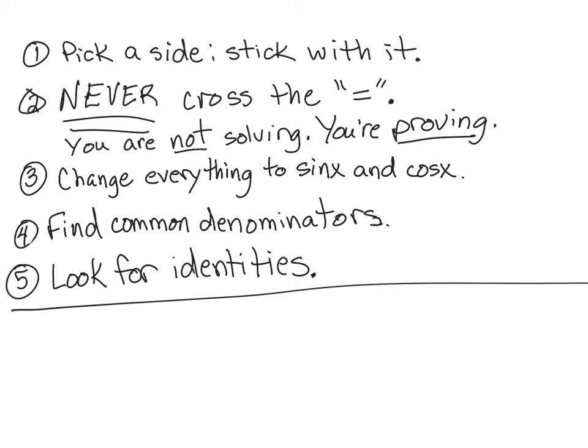If you've got any of the other four trig functions, they're fractions, which means that you can get common denominators and you combine things, and you're always, always, always looking for the opportunity to change the way something's written because of an identity. If you end up with sine squared plus cosine squared, then you can always just change that to a 1 because of the Pythagorean identity, okay? Above all,